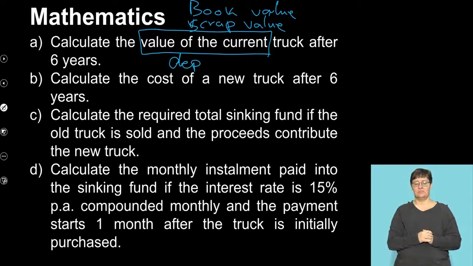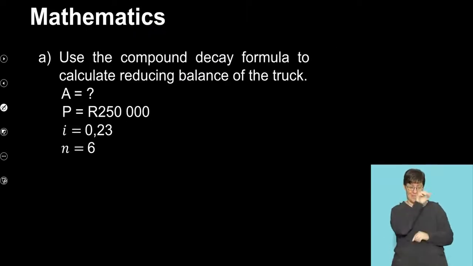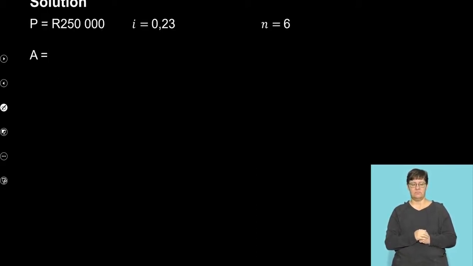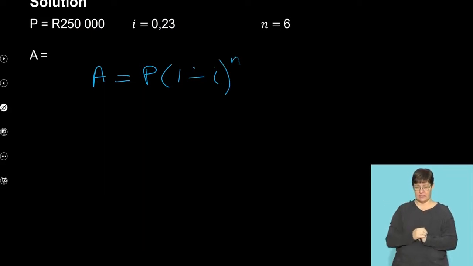So we will be reading the different questions as we are answering them. Now, what you're going to use is the compound decay in order to calculate this. And these would be the data that I have for this particular question. For me to then do the calculation, I will say A is equal to P into 1 minus i, to the exponent of n. And this will be equal to